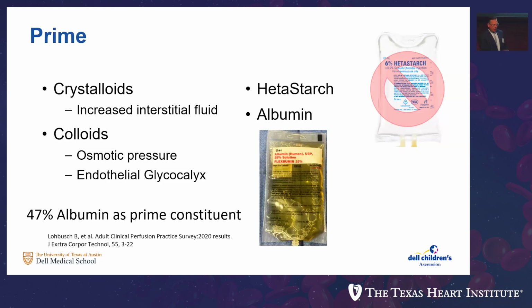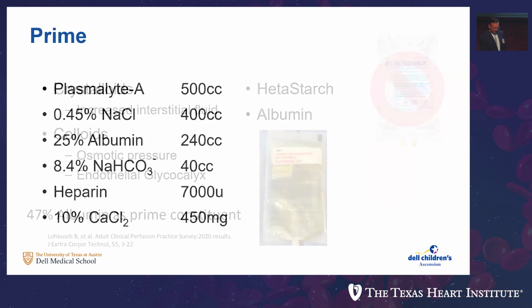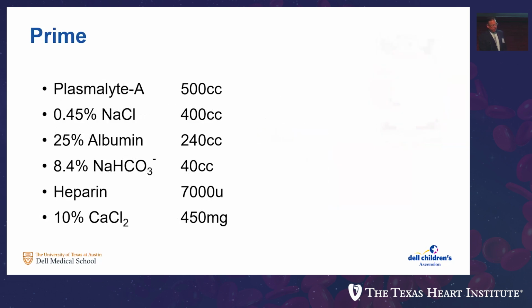That was interesting and something that might be considered for some of my adult colleagues. So this is an example of our prime that we're using for our adult patients, totaling about 1,200 cc's. We start out with a base of Plasma-Lyte A as that balanced electrolyte solution. We utilize a touch of half normal saline, adding in appropriate amounts of albumin, and then buffering the solution with